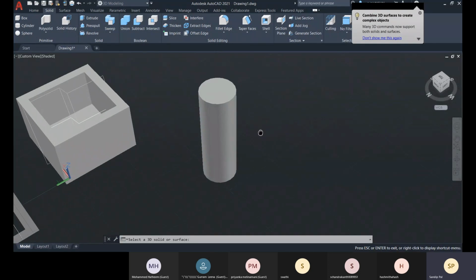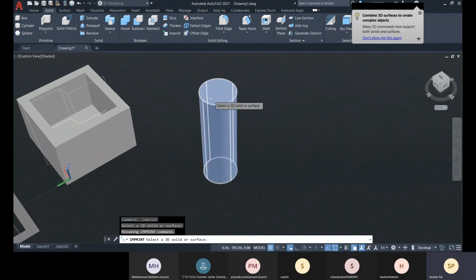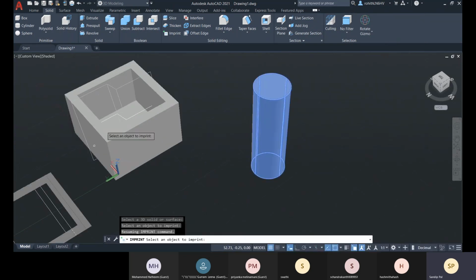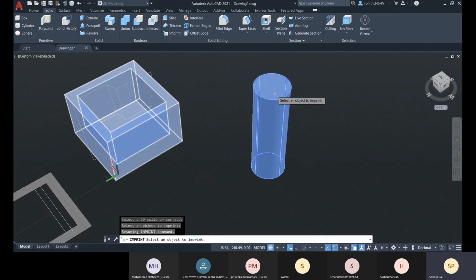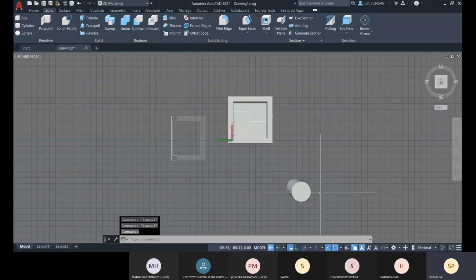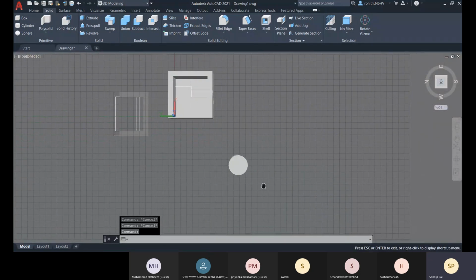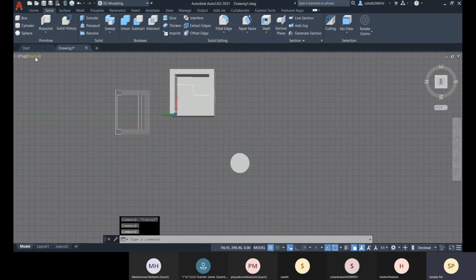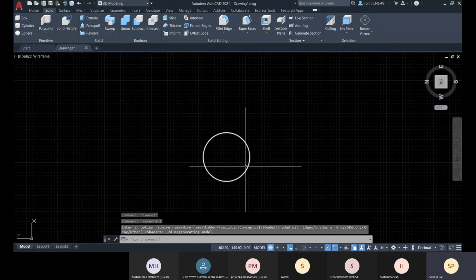So you have the imprint option. You select this 3D solid, and there you can select an object to imprint. So right now we don't have any object there. So first we have to draw the object. We can draw a 2D object there. Let me go for 2D wireframe.